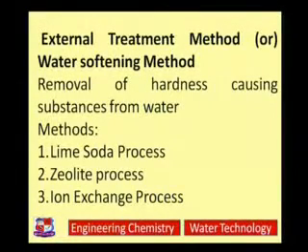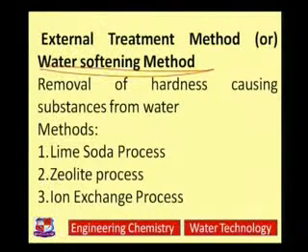External treatment method or water softening method. Till now what we have discussed were internal treatment methods which are performed within the boiler only. We add all these chemicals in the boiler, but external treatment method means prior to boiler feed we carry out some process to convert hard water into soft water, and that's why these external treatment methods are also known as water softening methods. These are namely three methods: lime soda process, zeolite process and ion exchange process as shown,